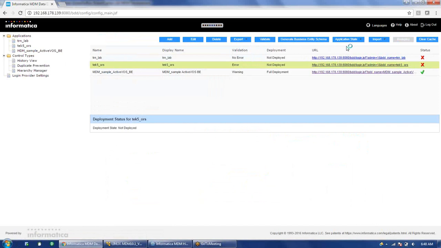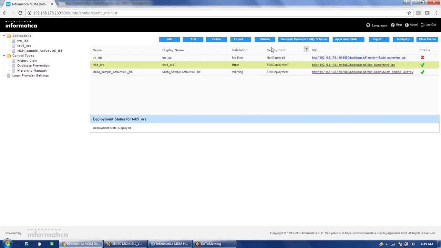So we'll do a full deployment here. So now this application is deployed and the tick mark is coming here, means this application is deployed now.